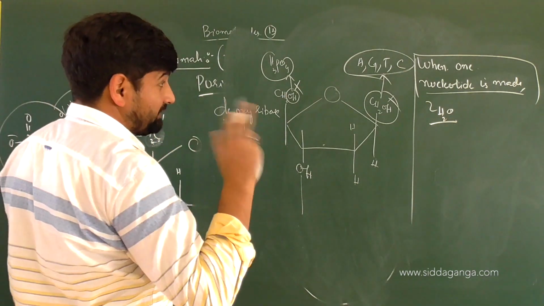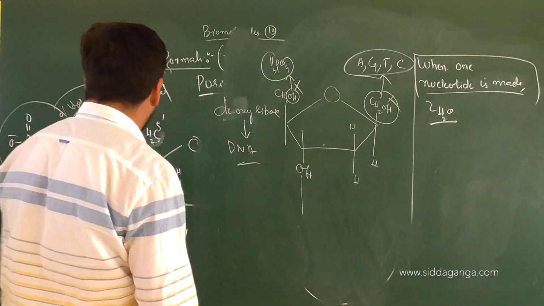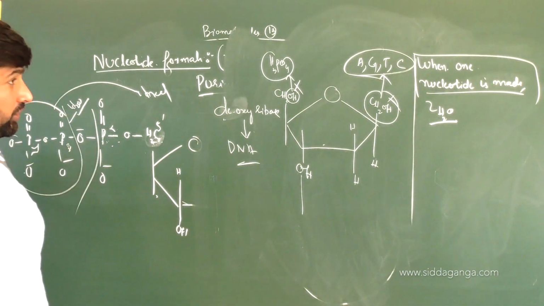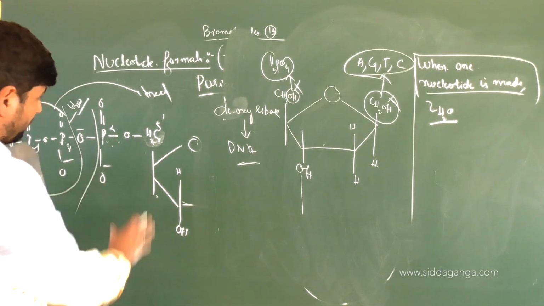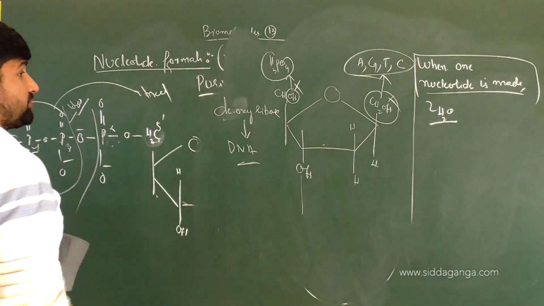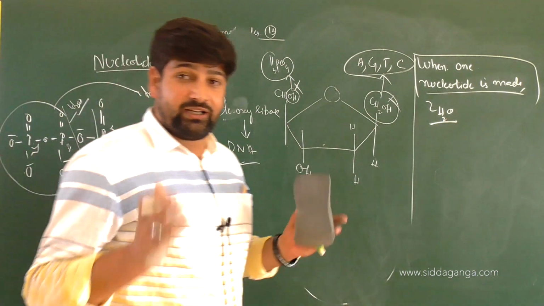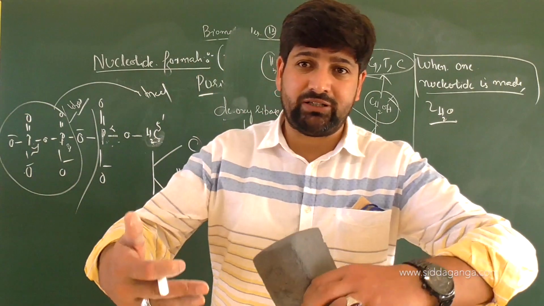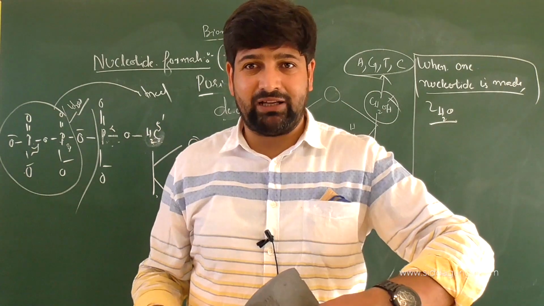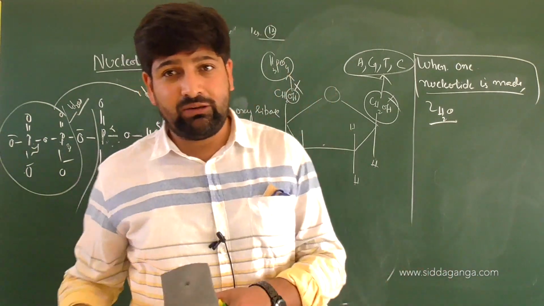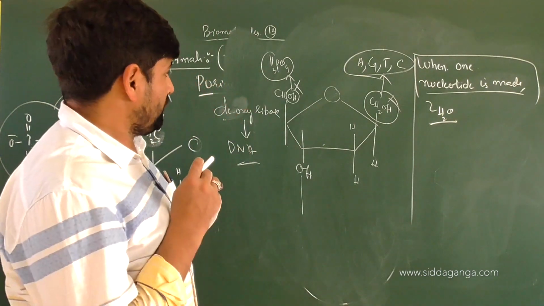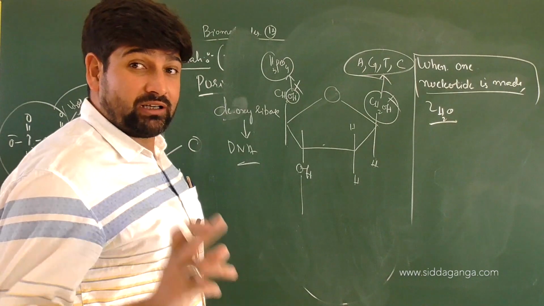When the phosphodiester linkage is made, it won't be made by the removal of water. Before that, there will be a hydrolysis process in which the phosphate molecules, PPi, will be removed from the ATP structure. So first that happens, and then this monophosphate will be used to bond. So don't think that it's happening separately. ATP, GTP, CTP are used for bond formation during DNA replication. At that time, this bond will break off and a phosphodiester linkage will be developed. Is it clear? Good. So, not like the glycosidic linkage.